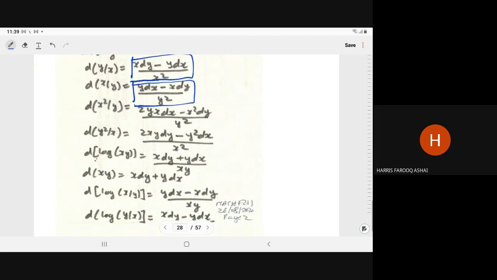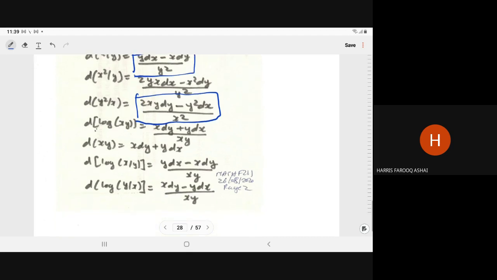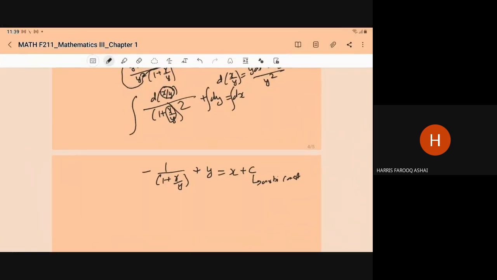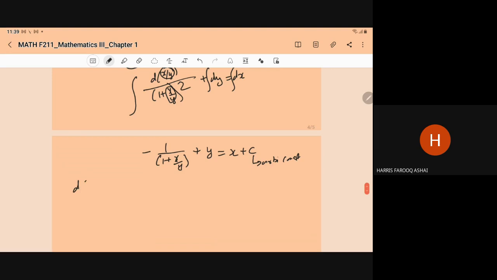Similarly, d of y square upon x can be written like this. So in some equation, if you find this factor, directly you can write d of y square upon x. Similarly, for log of xy: if we have d of log of xy, its differentiation means 1 upon xy